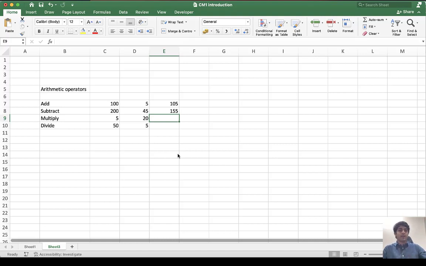And what Excel does is, when I say you have to subtract D8 from C8, it goes to the cell C8, looks at what number is there, which is 200, and subtracts 45, which is cell D8, from that, and gives you the output 155. Hope that is clear. So if I just want to do multiplication in a similar manner,